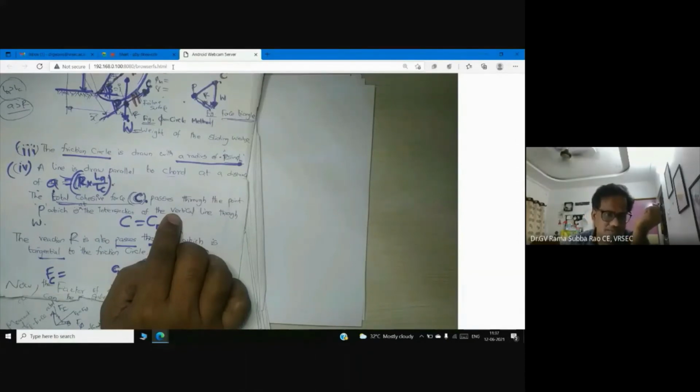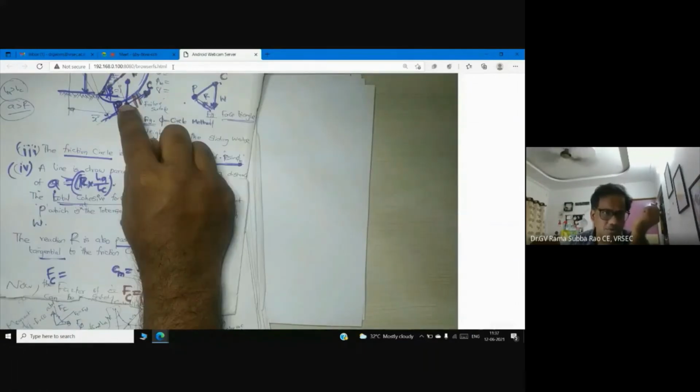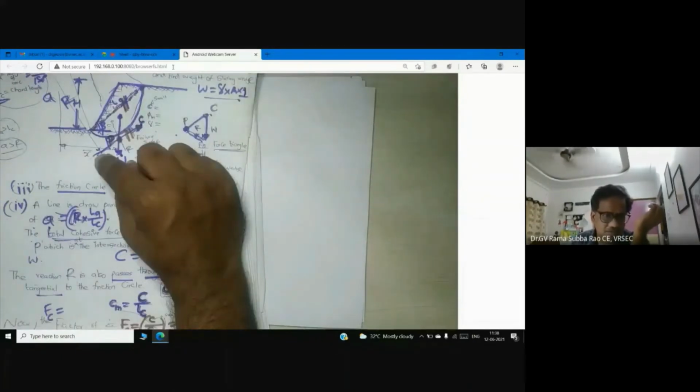Now let us discuss. Capital C is equal to Cm into LC. But I want Cm. So Cm is equal to C by LC. Now how to calculate factor of safety? Factor of safety with respect to cohesion is equal to C by Cm. What is Cm now? Can anyone tell me? Cm means